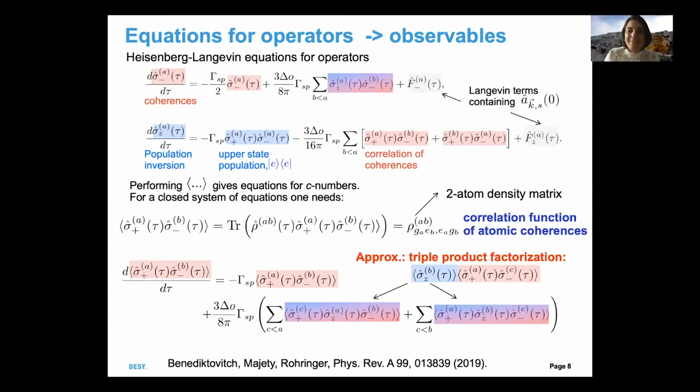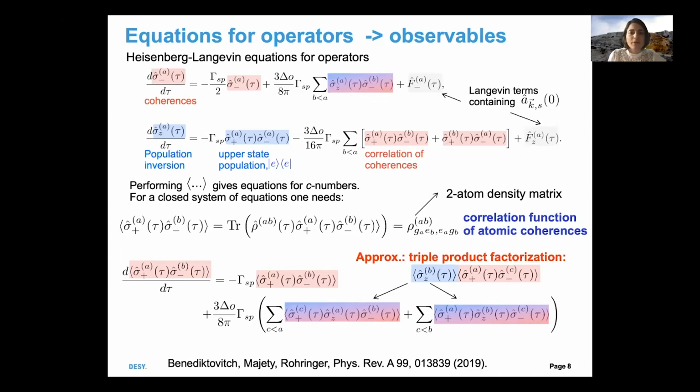Okay. So these are the equations, the Heisenberg-Langevin operator equations. And now we are aiming towards getting a mean field description of the system. This means that we would like to recover the mean irradiated intensity as a function of time, and the averaged spectral properties of the emitted radiation.